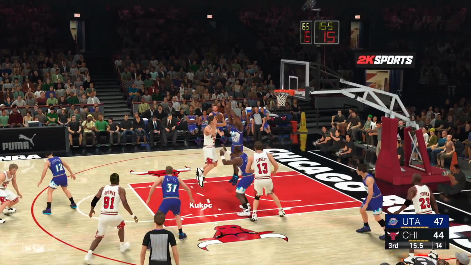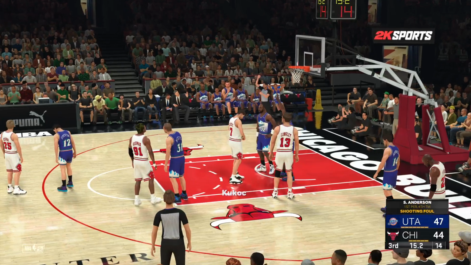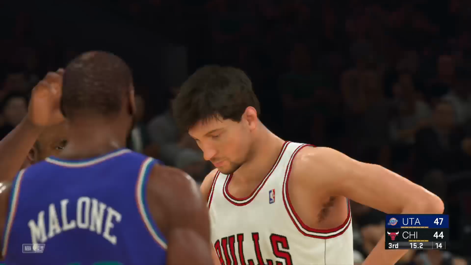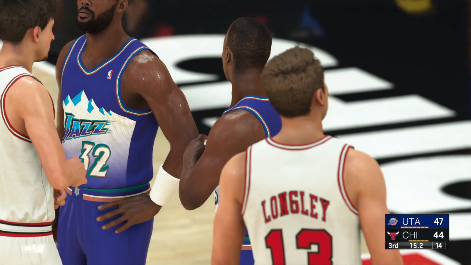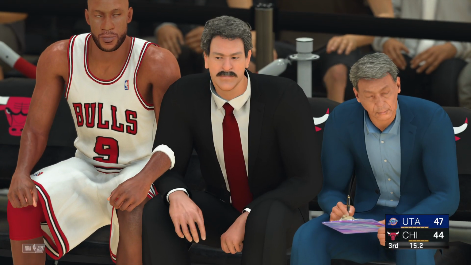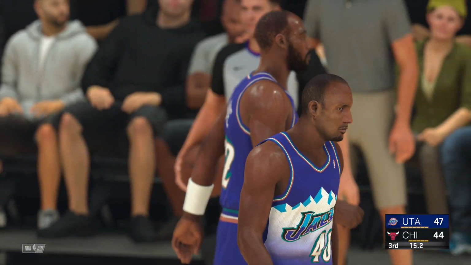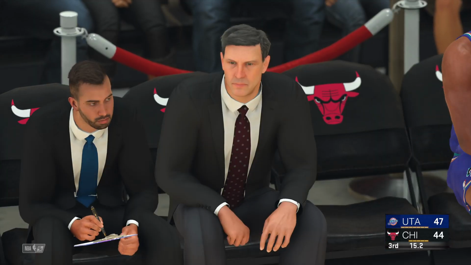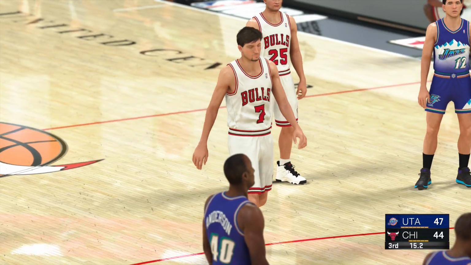Here's Kukoc. And he could not get that one to go. Out of contact, and he'll go to the line for 2. First personal foul. 4th team foul. He'll take his 3rd and 4th free throw shots at the game right here. For Chicago, Tony Kukoc. 2 shots.